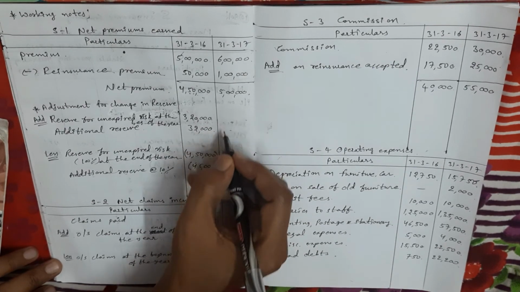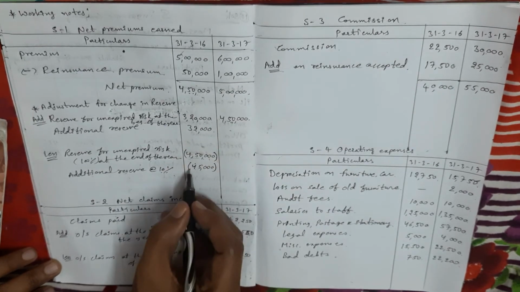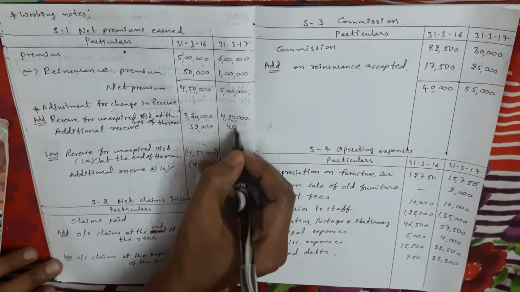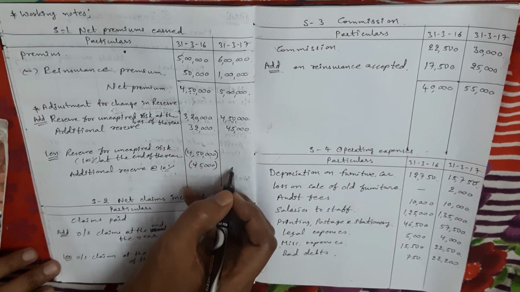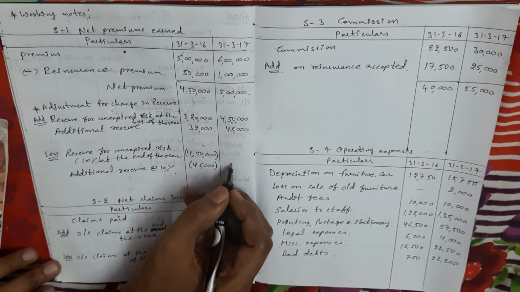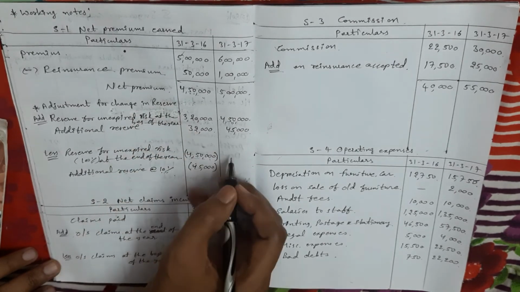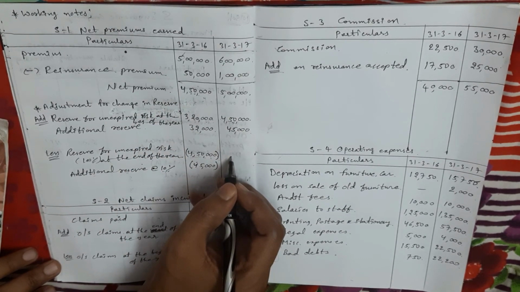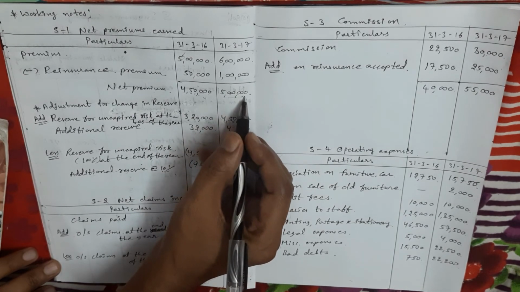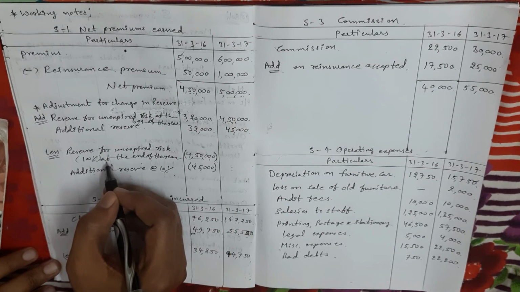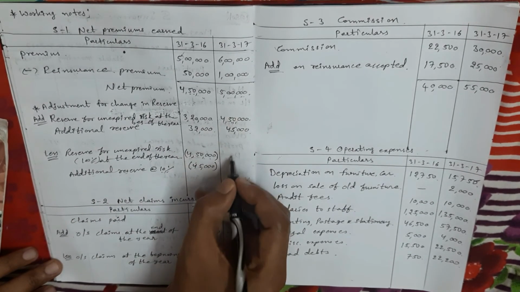Here I am taking for the last year closing amount 4,50,000 unexpired risk reserve. Next, additional reserve as it is I am taking here 45,000. Next, present year closing reserves. How to get present year closing reserves? Last year we calculated on last year net premium amount. Like that we calculate present year closing amounts on present year net premium amounts. Present year net premium amount we already got, 5 lakhs. So on 5 lakhs, 100%. In marine insurance we take 100% as reserve for unexpired risk. So your 100% means 5 lakhs.